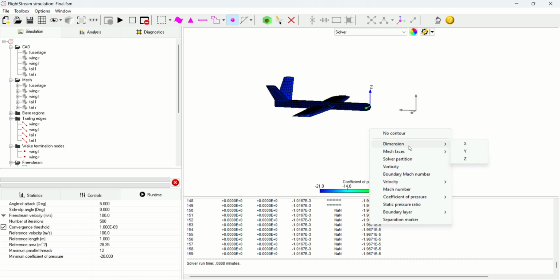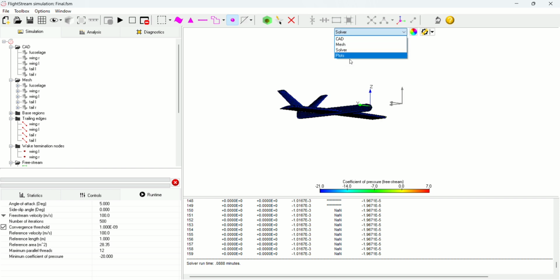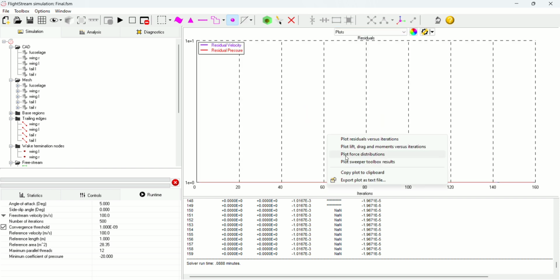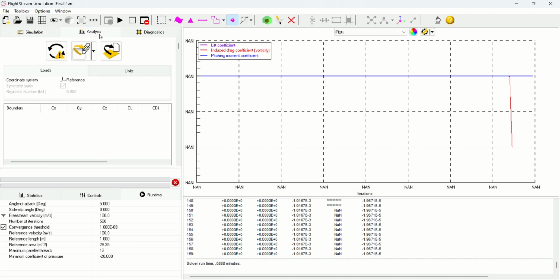0.00088. You can check out other parameters here like vorticity, boundary Mach number, velocity, Mach number, coefficient of pressure, any parameters you want to see, you can look into over here, like boundary layer, separation marker, anything as such. Based on the result you want, you can look into it. Also you have plots over here where the graphs are plotted. So basically like residual velocity, residual pressure, or lift coefficient, drag coefficient, any value graphs you want will be provided